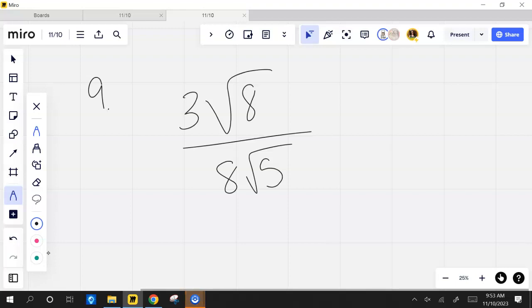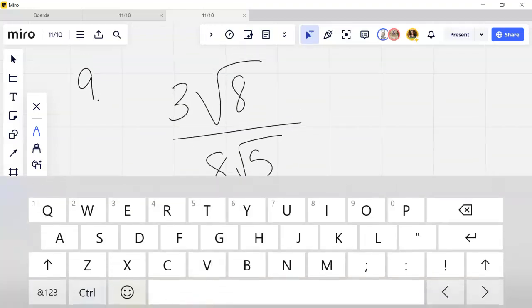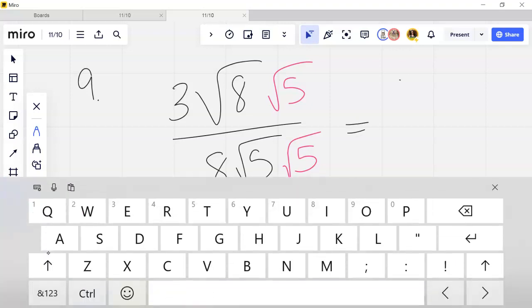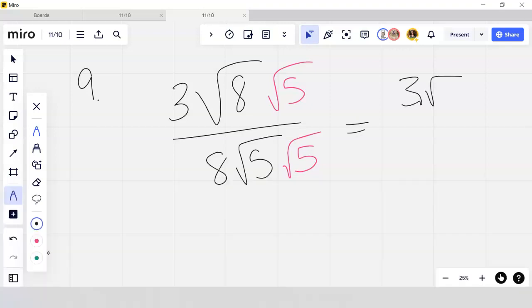So if I'm working through this one, there's multiple ways I can tackle this, right? I can simplify each radical before I start and then move from there to simplify, or I can just go ahead and get that radical out of the bottom. So there's not a right or a wrong way to do it, whichever way makes it easier on you. I think since these numbers are so small, I'll just go ahead and do this. Y'all okay with that? So this would be 3 root